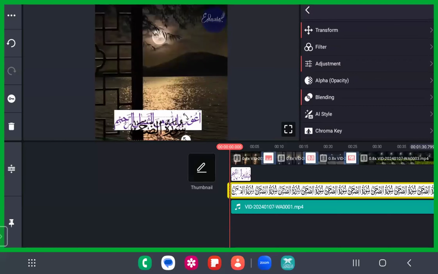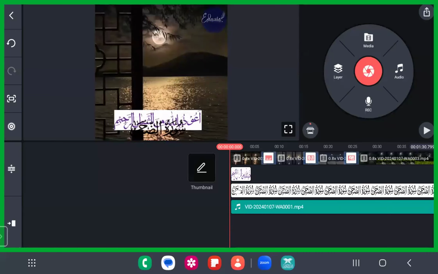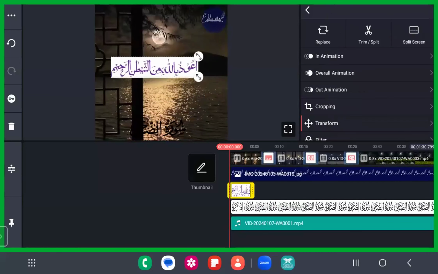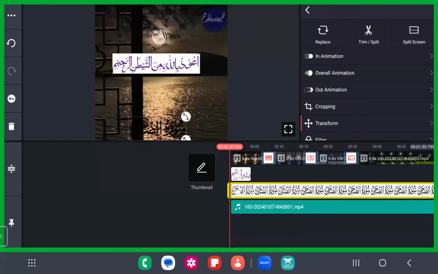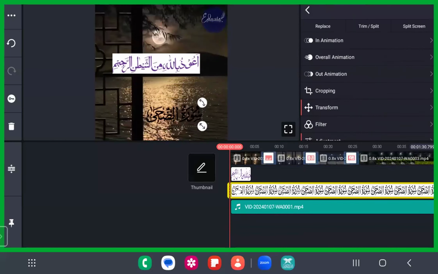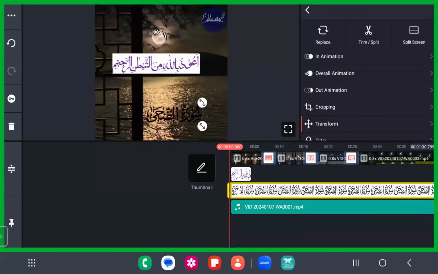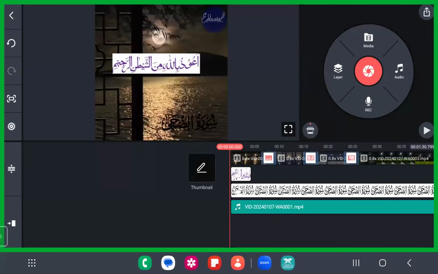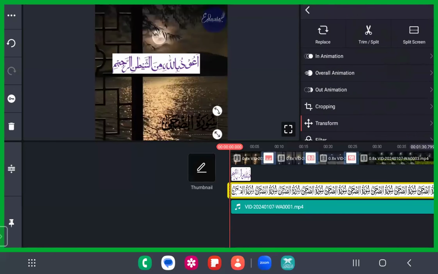Okay. Now this is not able to be converted into white. If it is not able, are you all able to convert that into white? Or you can just download it with white fonts, or you can just type it up. There are no difficult options, everything is easy here. You can just go to the text and type Surat al-Duha. For now I have just downloaded the black content.